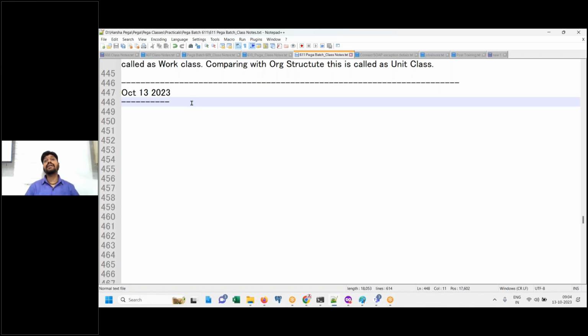What about a concrete class? Without a concrete class, is it possible to have an application? No. Why not? To do some process, you must make the transactions be executed, which means that you should have at least one concrete class. An application must have at least one concrete class, but it's not mandatory that it should have an abstract class. Is that clear, everyone? So abstract class is optional.